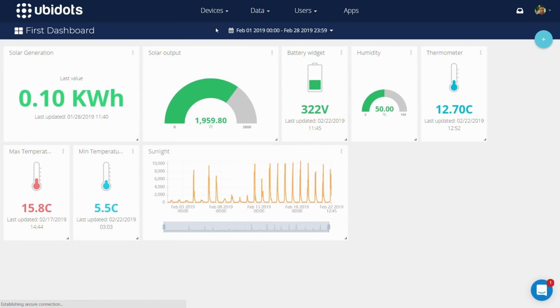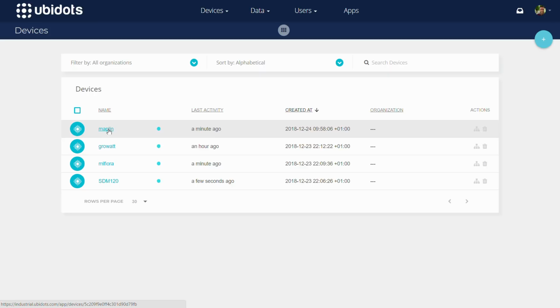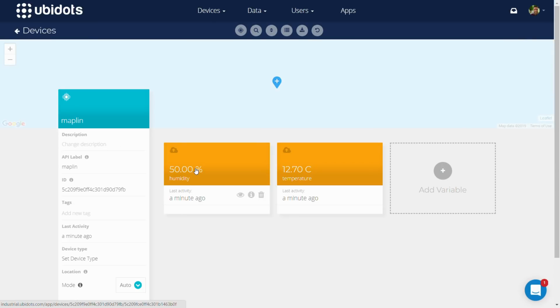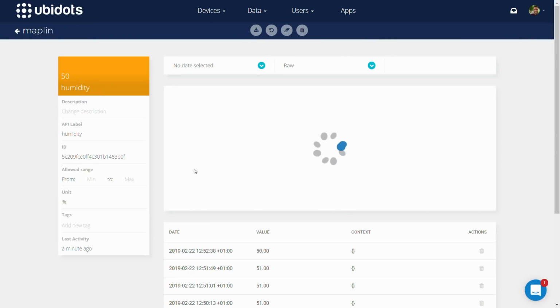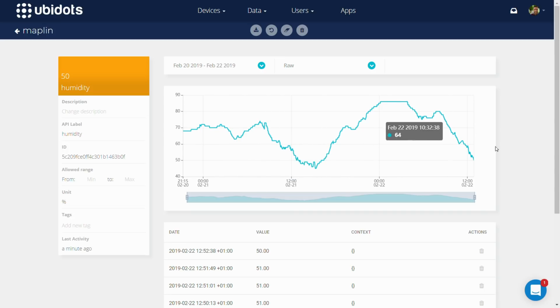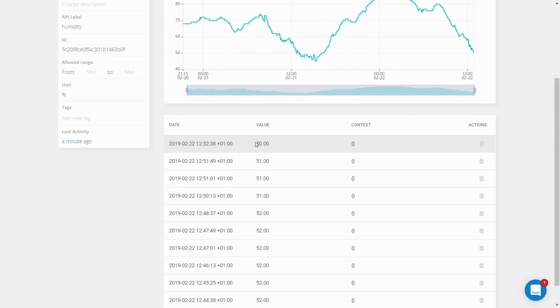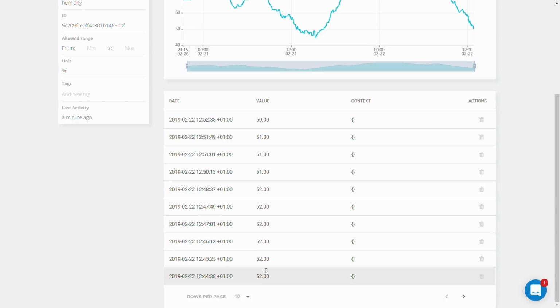So if I go back to my devices, and I look at my Maplane, and let's just say I pick the humidity. You can see the humidity value changes, and then you also see the individual values going a little bit up and down. And you see the context. So the context is empty. I'm not sending any information related to the name of this device, where this device is, the latitude, or the geolocation of this device, because it's always the same, so I don't